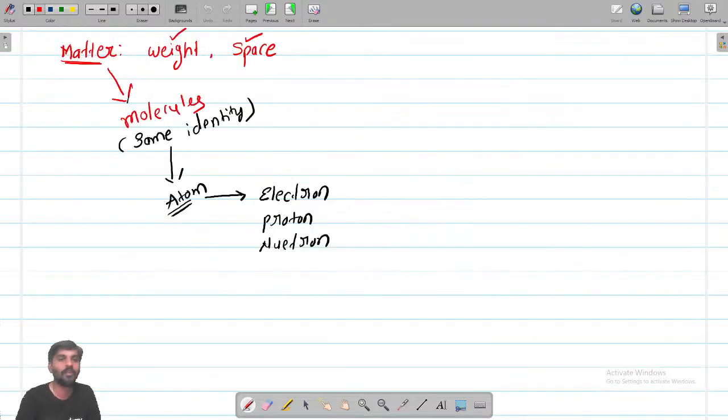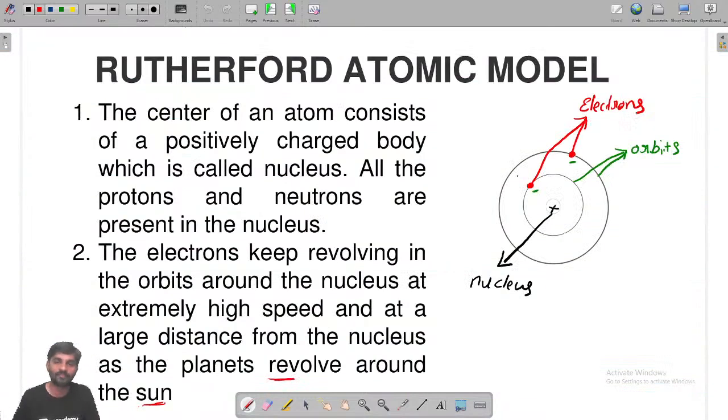Okay. And then we started with something called matter. What is matter? Any substance which contains some weight and occupies space is called matter. Matter is divided into molecules without changing any identity, and each molecule is again subdivided into atoms. And an atom contains 3 principal parts called electron, proton, and neutron. So what Rutherford says is all the positive charge is located at the center of the